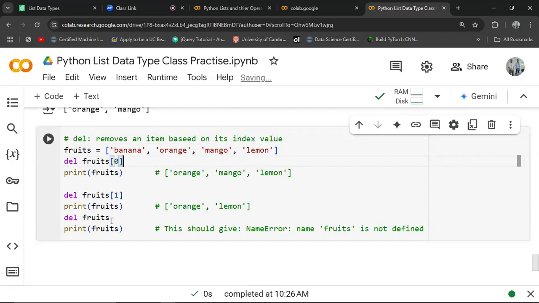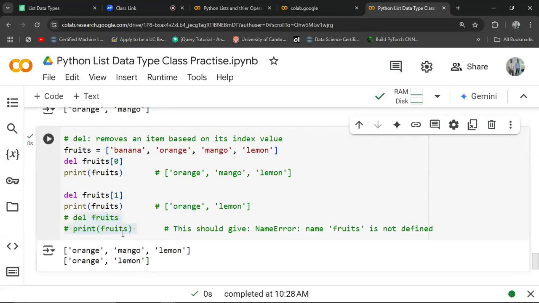So I want to see that connection. Let me first comment this one. So if you run this one here, if you now say delete at index 0, banana should be out. Now we have a new fruit called orange mango. So from that one, mango is now index 1. That's why mango is removed. So if I run this one here,